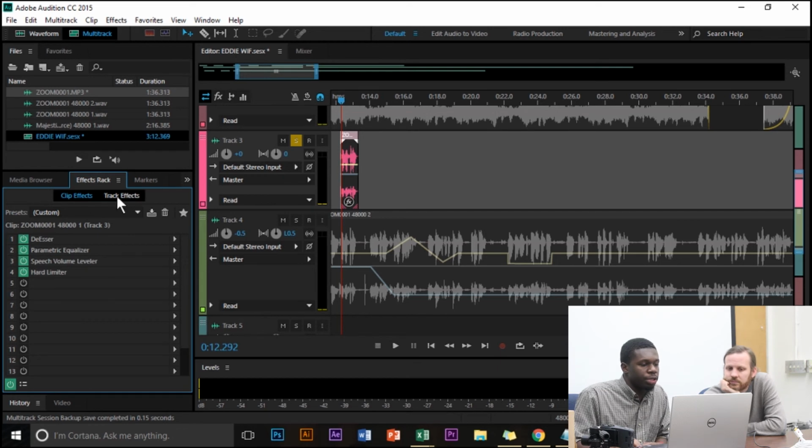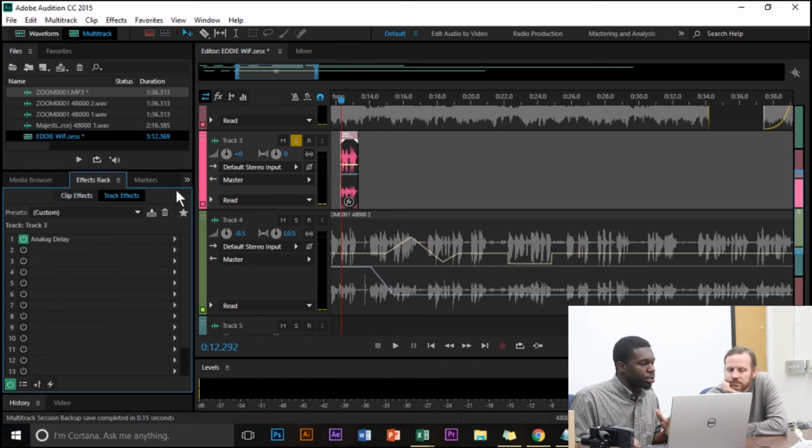Clip effects are going to be just for a specific clip, and I would keep most of that in the waveform view. When you're in the multi-track view, you want to go to track effects. If you're adding an effect to a track, keep in mind that that entire track is going to receive that effect. So all of the audio that you put on that track is going to receive that effect,